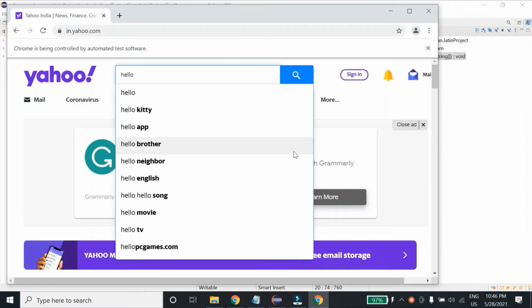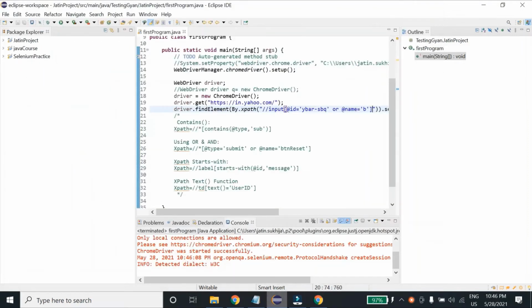As you can see, it has written hello correctly, which is expected. So I hope guys now contains is clear, or and and are clear. Now let's see what starts with is.